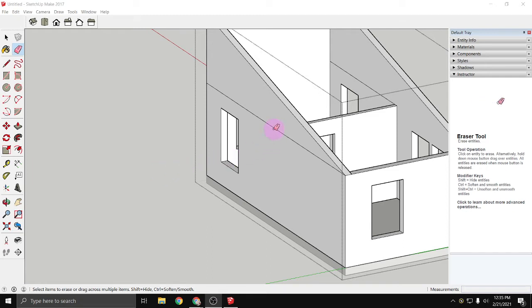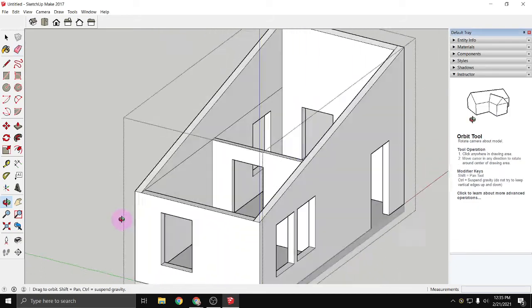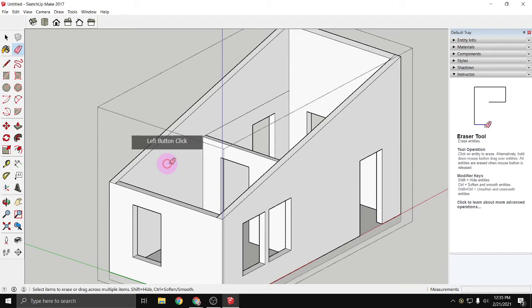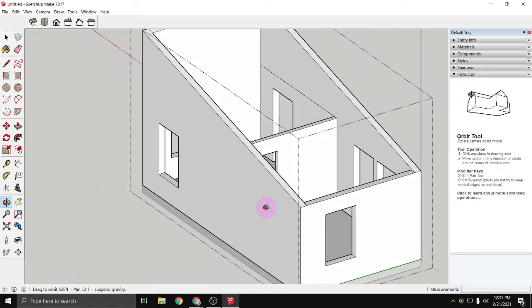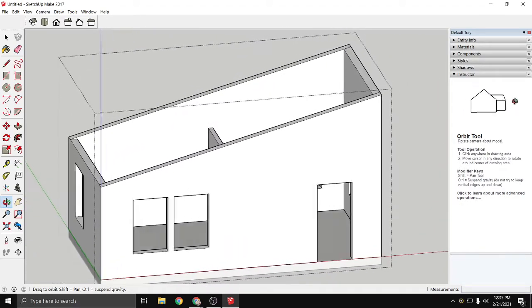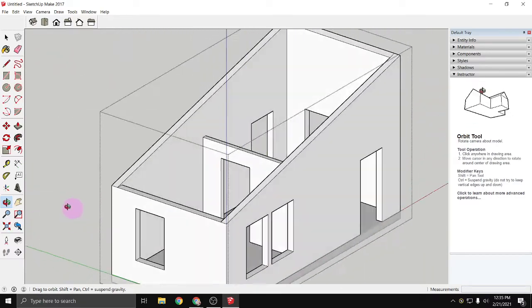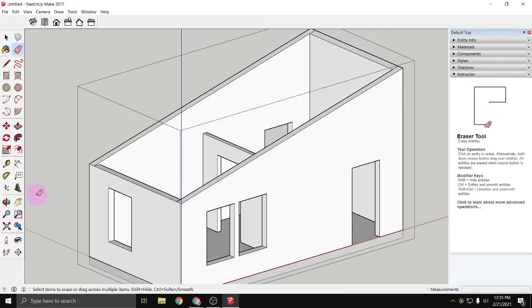But as I'm deleting these edges, I'm just making sure that as I orbit around, it doesn't mess anything in my drawing up, because that tends to be what can often make silly little errors in students' work. The other way that I can make this roof, so if I just undo a lot,